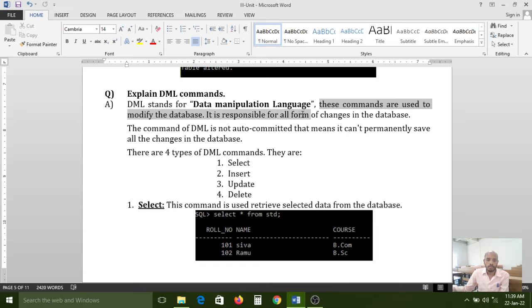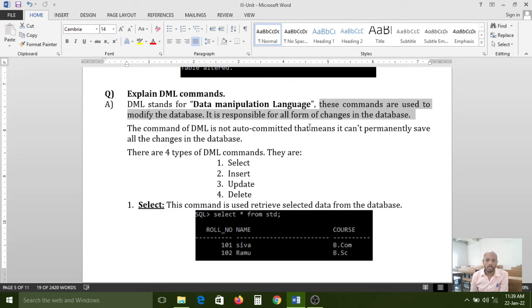It is responsible for all forms of changes in the database. Previously, with the help of DDL commands, first we need to create the table structure, and after that, by using DML commands, we can insert the data in that table structure. So that is the difference between DDL and DML commands.